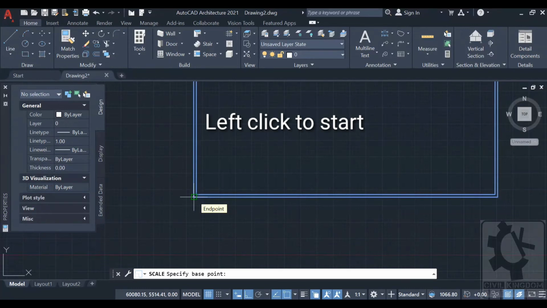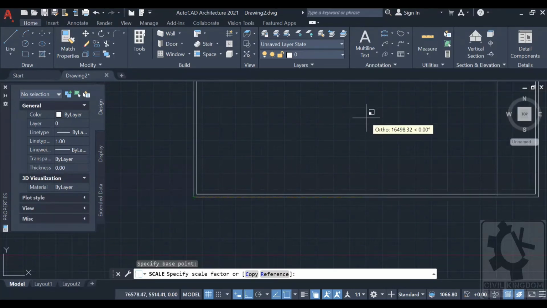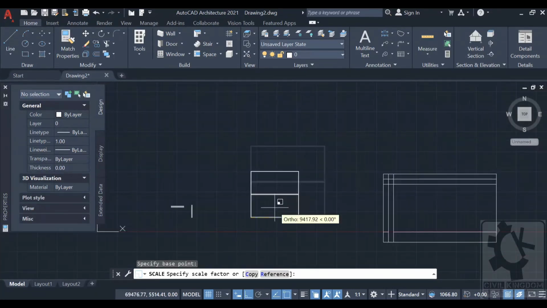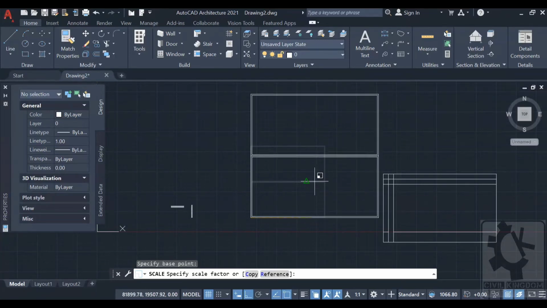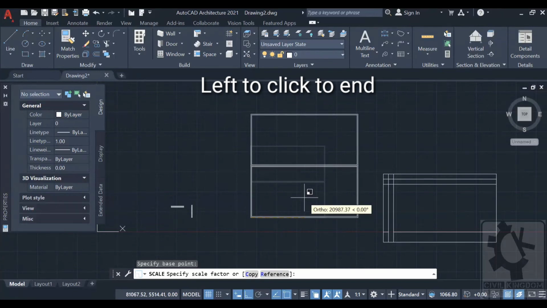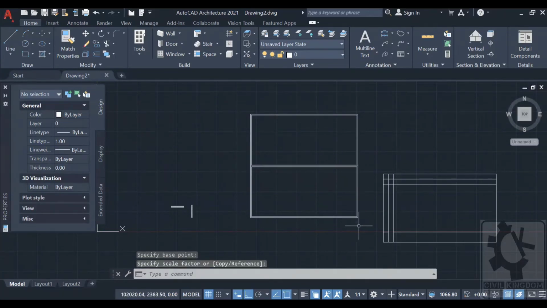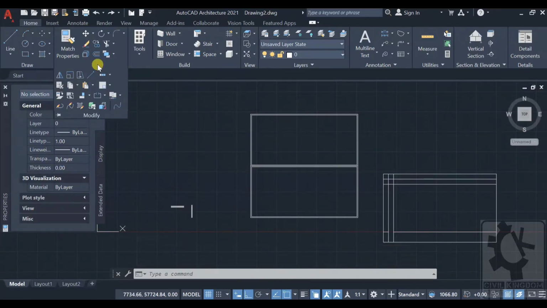Left click to start, and as I move my mouse, I can scale the object. Okay, that's how I can scale an object. And left click to end, and it will get the scale you wanted. I'm just showing you how you can work with these tools.